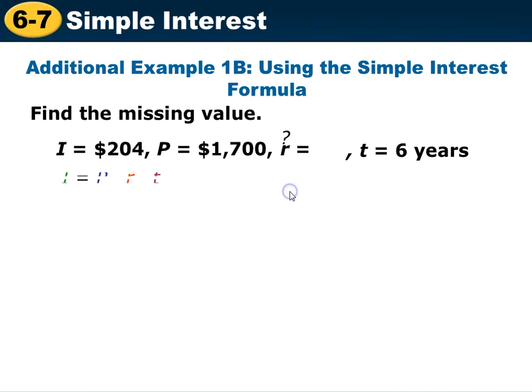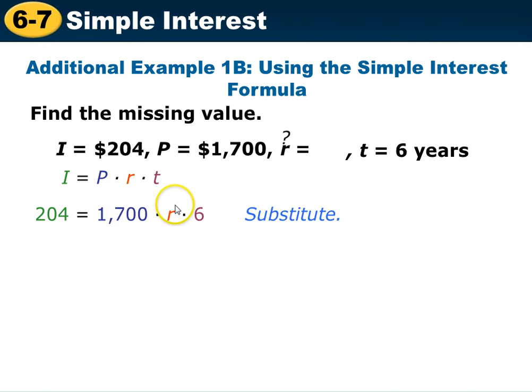So again we start with the formula, and then we substitute in the values that we know. We know the interest is 204. We know the principal is 1700. We do not know the rate, but we do know the time, that is 6 years. All right. So the next thing to do is multiply 1700 times 6. And that's what we get. 1700 times 6 is